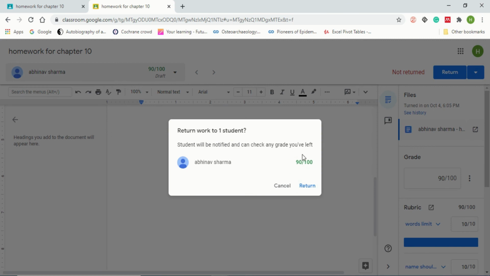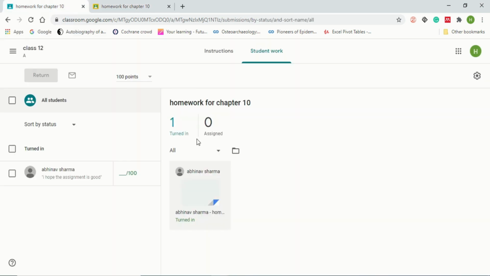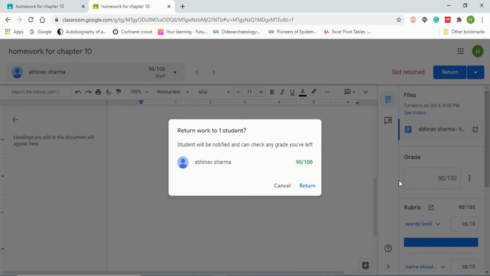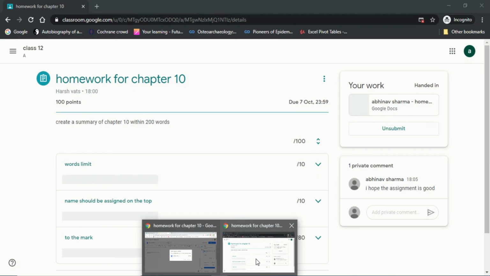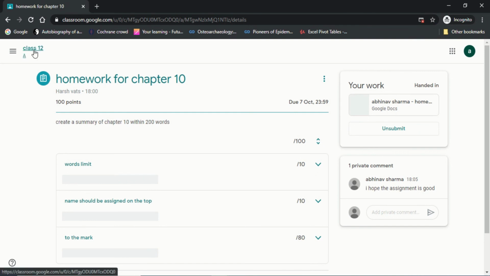So it depends on your choice how you will grade, and this is how you actually grade in your Google Classroom. Although you can do it in a specific way from your Google Classroom as well. In here you can also assign the number, but it is quite possible for you to see how the person has worked, and on the basis of that you will give them the marking. Now I will return this and the person will receive it. So now from the student perspective, we will see how much the student will get.